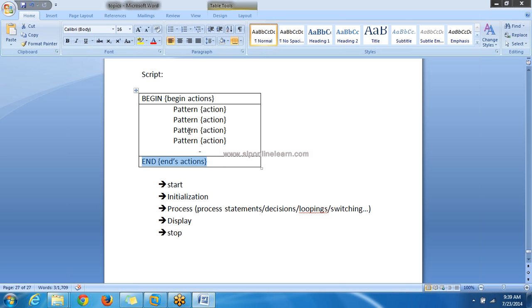After completing the process, we are doing some post actions or post-process. So generally what is the post-process? Displaying the results. Anyway my process is completed, so I can display the results. Fine, so this is the scripting part.